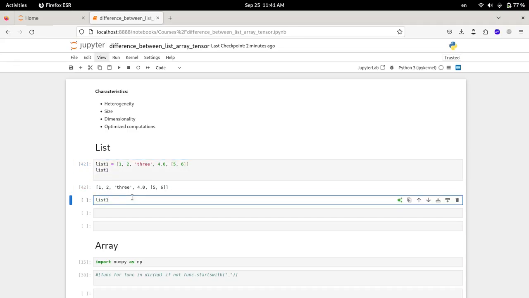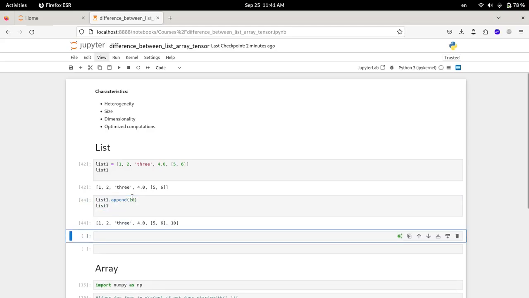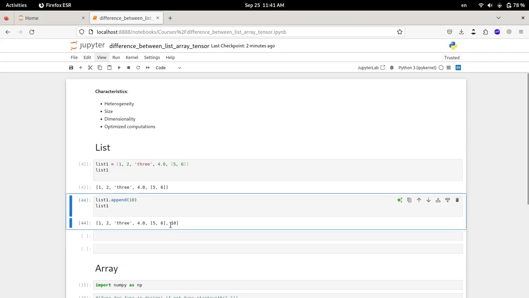If you want to increase the size of list 1, we can use the append function to add any value inside the list. Suppose we are appending 10 and printing list 1 again. So here we get the 10. So list has the dynamic size, and if we consider the dimensionality, list is usually one dimensional, but it can